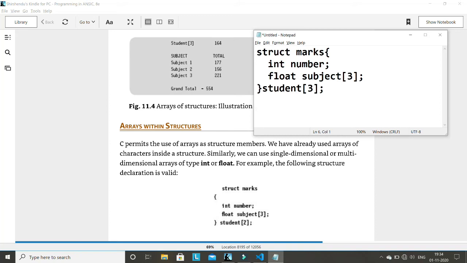First, there is an array of student, and inside the array of student, each element is a type of structure. That is fine. This is a type of structure, and each structure has two members. One member is called number, and another member is an array again, it's a subject. So if I want to access subject, for the first element, first array, first structure element,